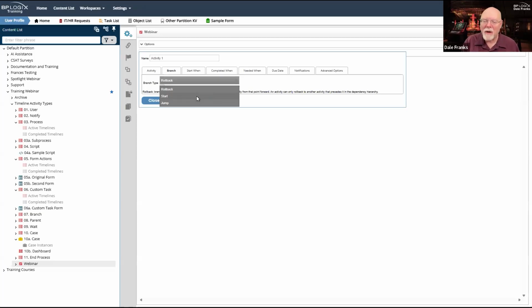Let me be very clear. Starting the activity will literally just start that activity, whatever activity it is, and it will start running from that point in the process timeline. What it will not do is end the current part of the process timeline I am on. In essence, I will be running in 2 different branches of the timeline simultaneously. So that gets a little tricky. I'm going to have to make some examples and show you.